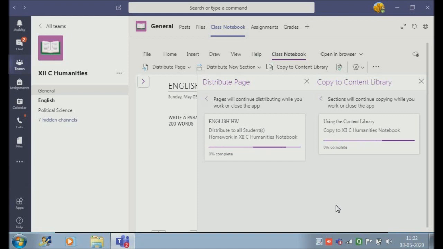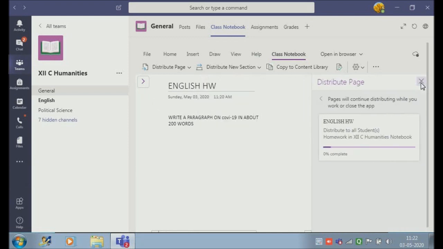So while using the notebook, we can tell students that all the assignments, all the content will be there in the content library. You can go through from there and check. It is copied to the content library.